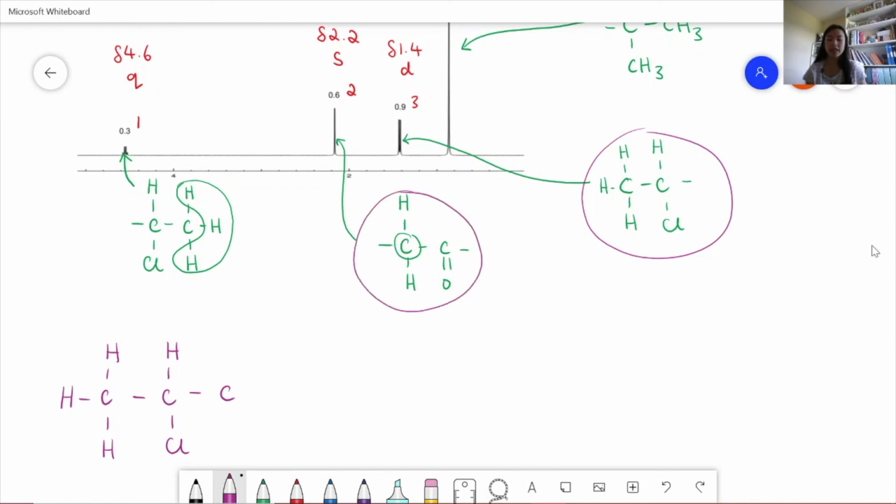So we have a C double bond O, and then CH2, and then we have a carbon with the 3 methyl groups. And this is our molecule, and it should work, because as you can see, we have